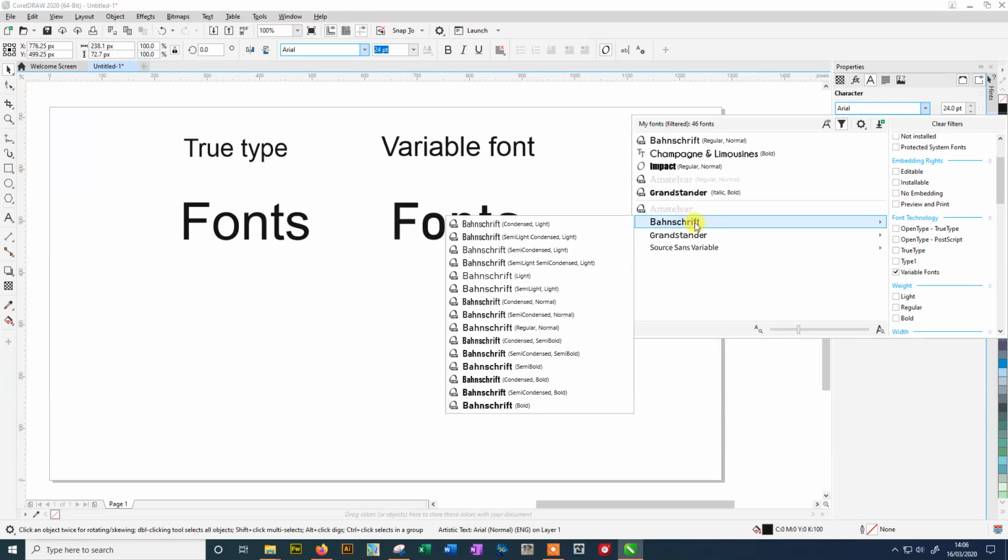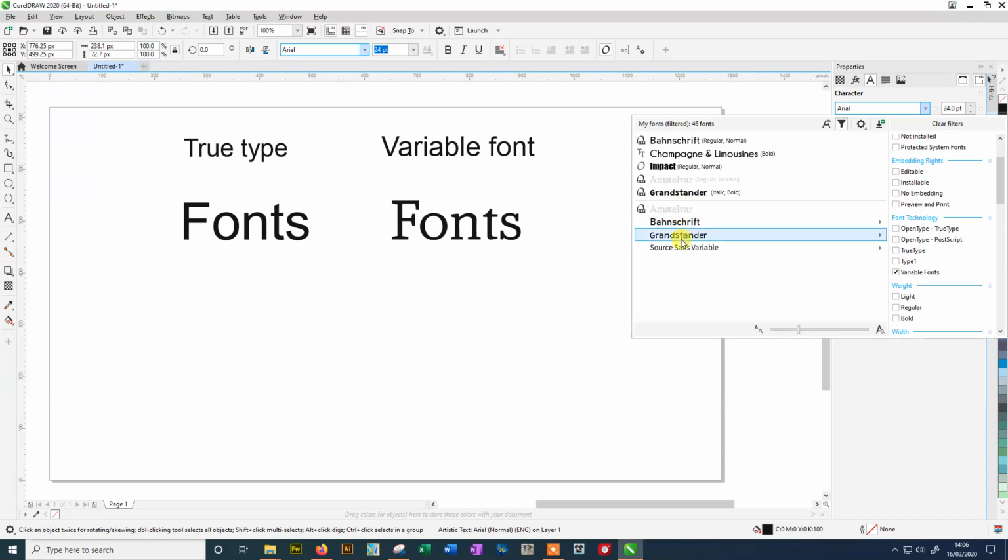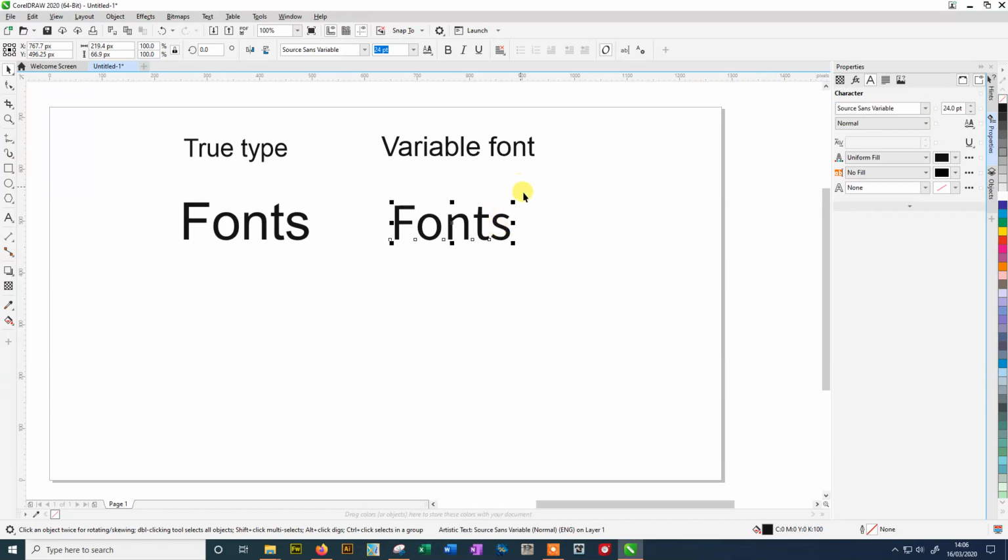So in this particular one, let's take this Open Sans Variable. Now you can see over here on the right hand side, the variable fonts box is now operational, and again on the top there. So when you click on one of these, you can change the weight of the font, which is quite a nice feature. It's a little bit different than clicking on fonts on your Arial font, where if you do have a bold option, you have it. If you don't, you don't. So this one actually gives you some